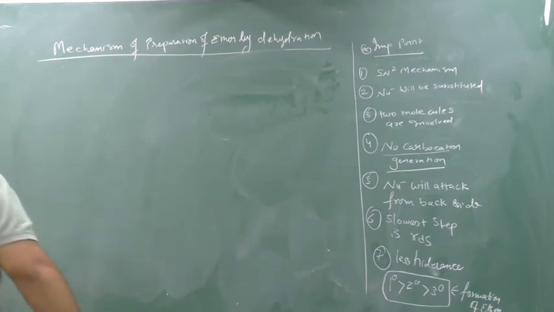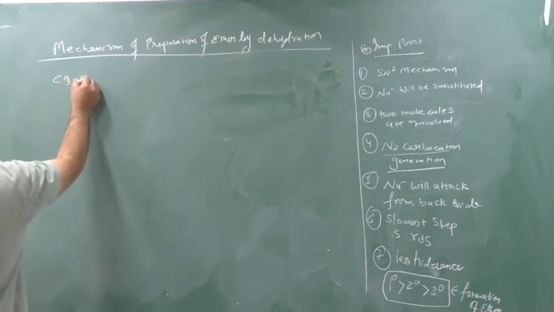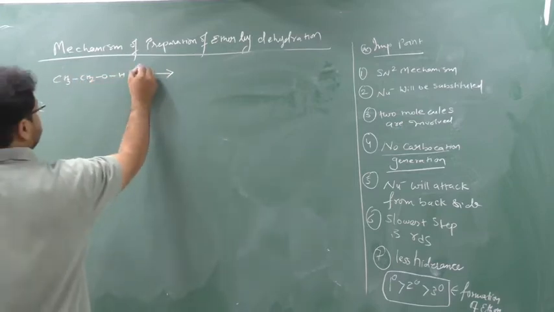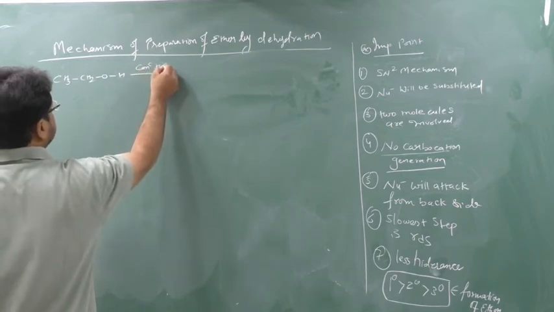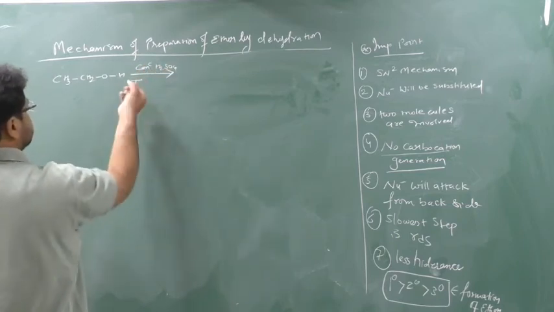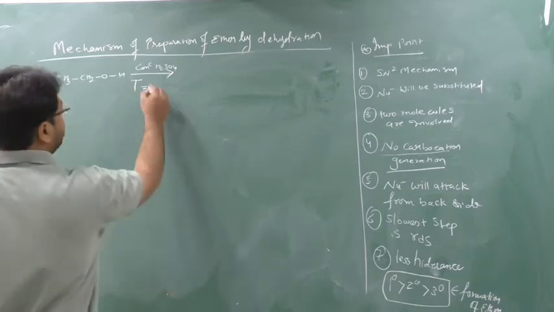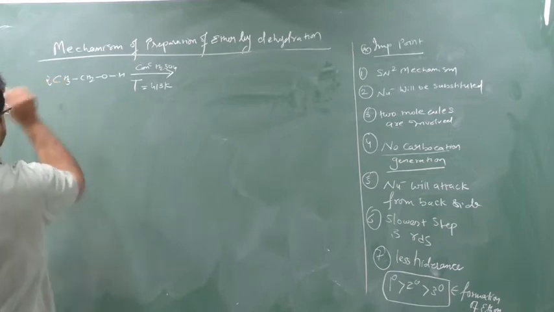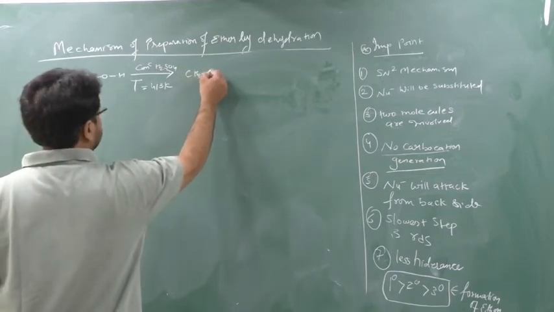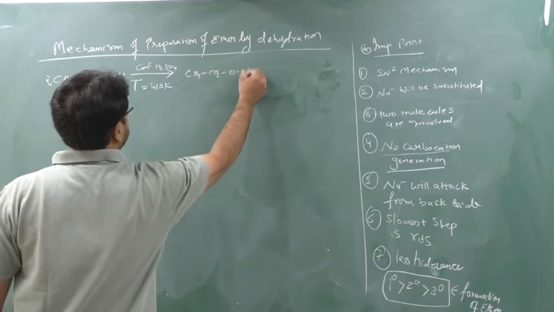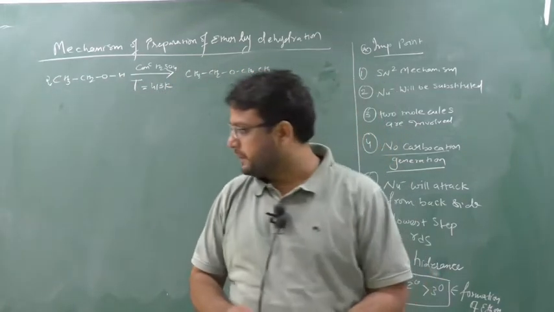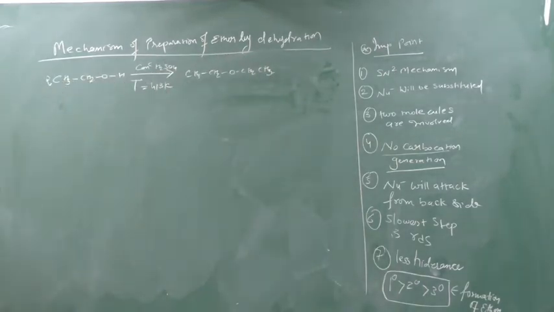So now see here. How to do this? First we will write the reaction. The reaction says CH3CH2OH. Here we are using concentrated sulfuric acid, and temperature is a must. Temperature is nearly 413 Kelvin. This temperature condition is very crucial. You have to take two molecules. When you take two molecules of CH3CH2OH, CH3CH2OCH2CH3 will be the product generated. Clear? Okay.